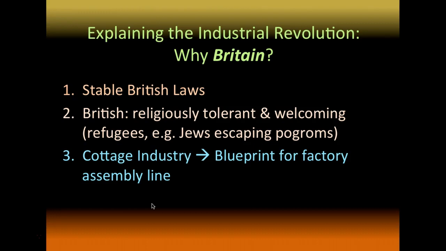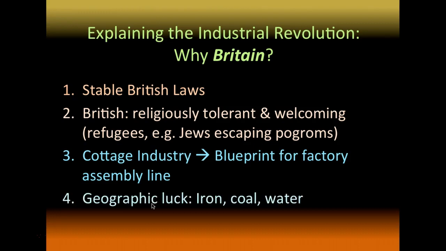Now this is helpful for people who are sitting around a fireplace, they don't have much to do after work, and they want to make some extra money. And it's helpful for the owners of the shoe production line because they get a whole bunch of different families to make the different parts of the products, and some people put them together, etc. And so we're seeing a sort of blueprint, a diagram for the idea of an assembly line to come. Assembly lines are very, very efficient. You do not have to be an expert. Anyone can do the job. It's very monotonous. We'll talk more about assembly lines soon.